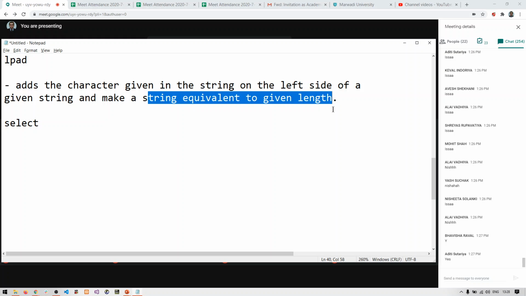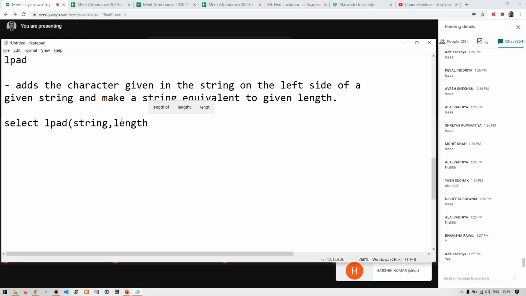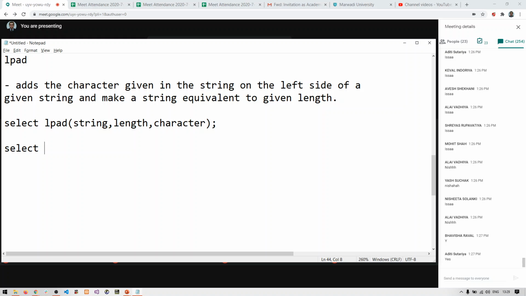So we are also going to change the length of a given string. So the syntax is like this: lpad, then you need to provide the string, then the length, and then the character. This is what the syntax is. Let us take an example. Select lpad, in brackets, let us say the string is hello.